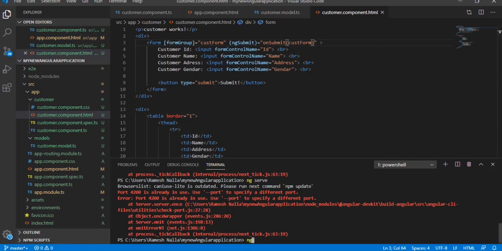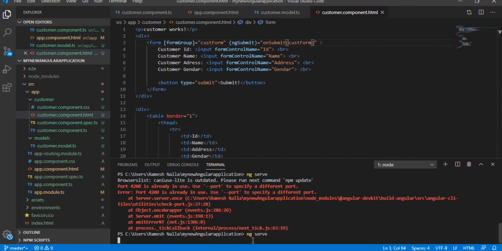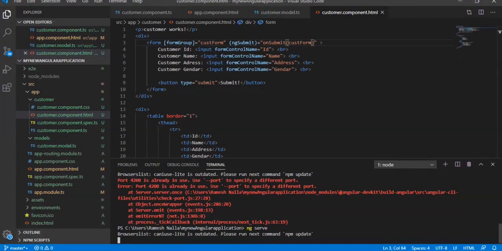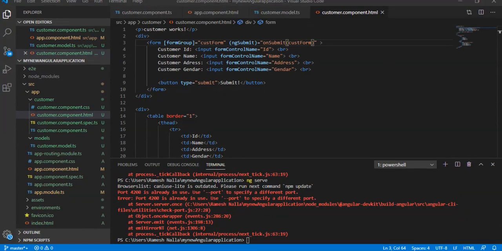Now it is ng serve. Okay, it is already in use on the port number.